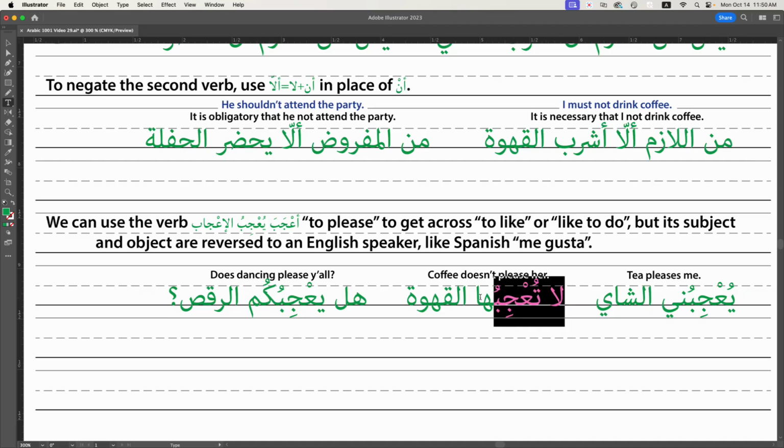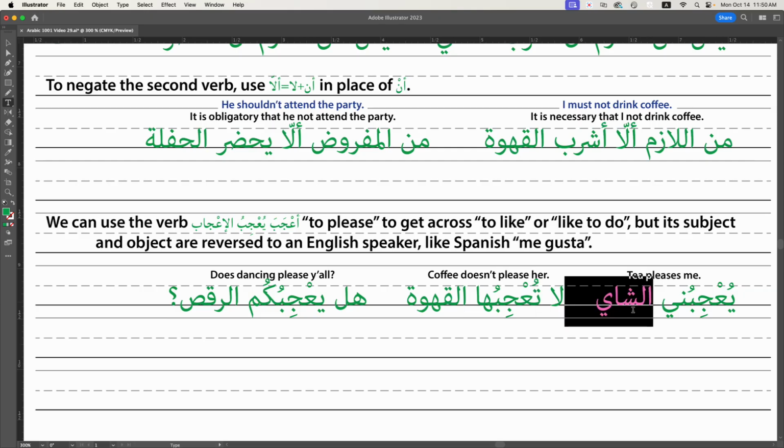You could say la tu'jibuha al qahwa. So coffee is feminine singular, so it's the subject of the verb to please. So that's why we say tu'jib, she pleases, instead of yu'jib. Shai, tea, is masculine singular, which is why it's the ya here. So la tu'jibuha al qahwa. So coffee doesn't please her. And what we mean is she doesn't like coffee. My daughter doesn't, it's insane. All right, so